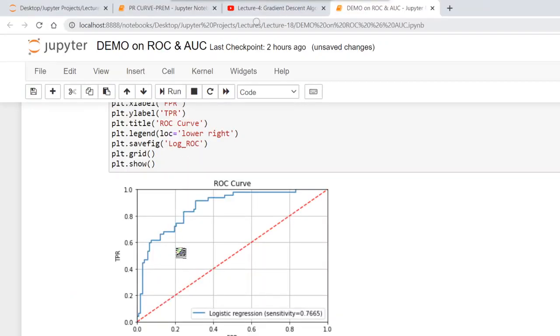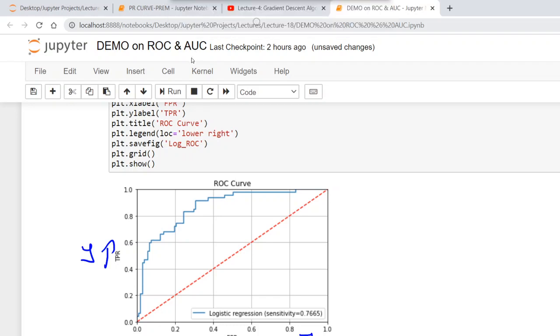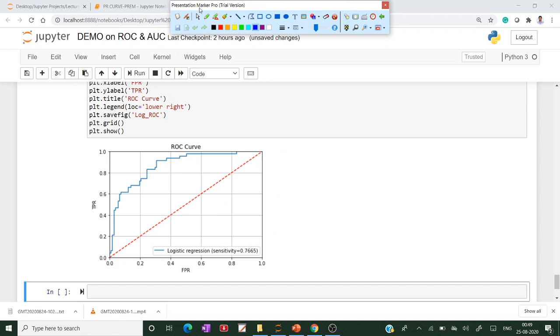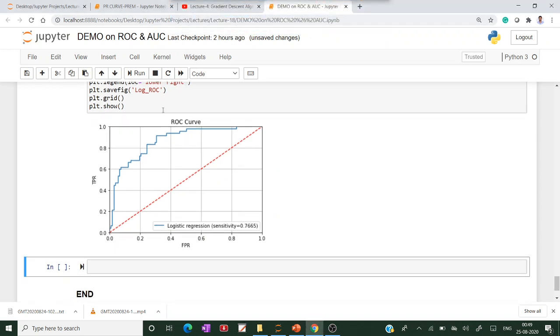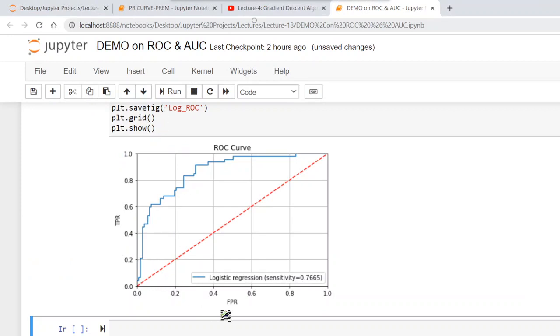In this curve, TPR is on the y-axis, and here on the x-axis is the false positive rate, which means 1 minus specificity.